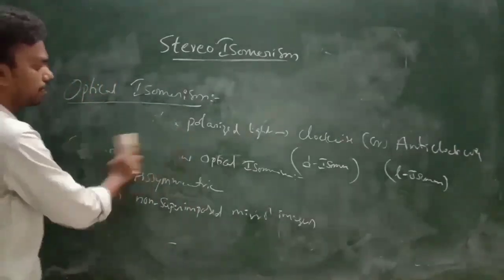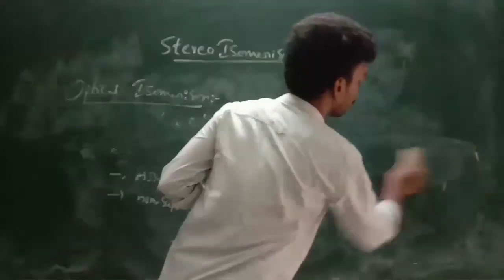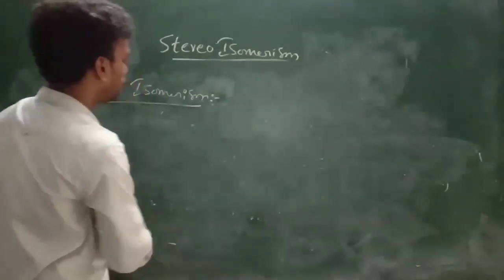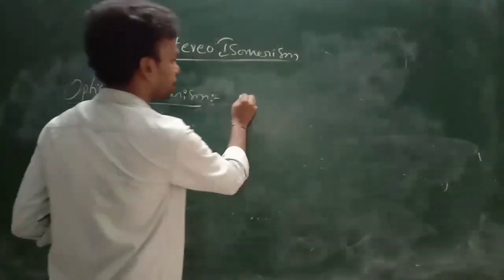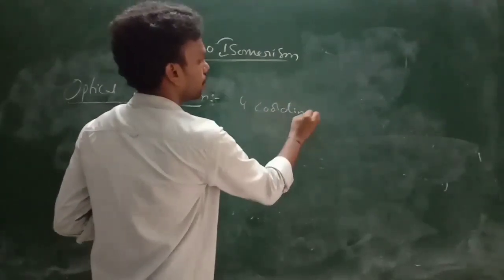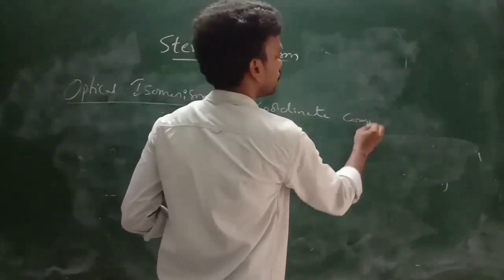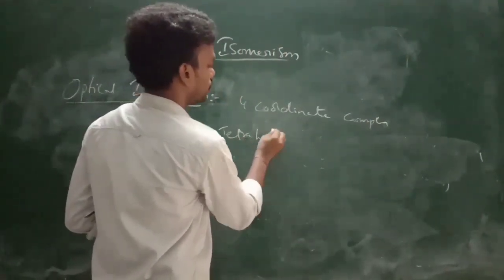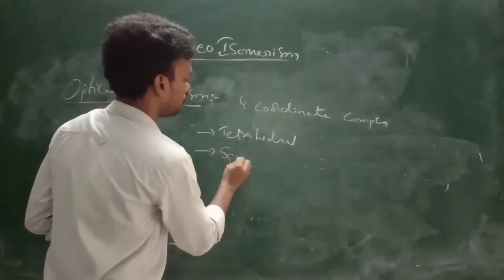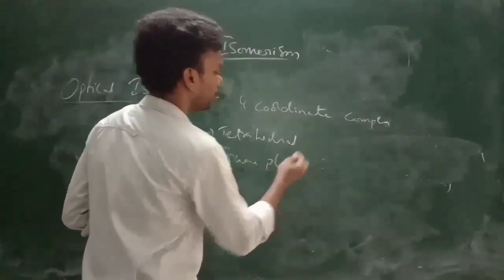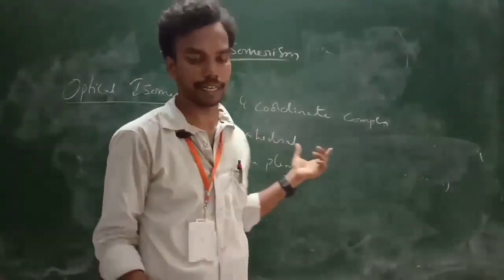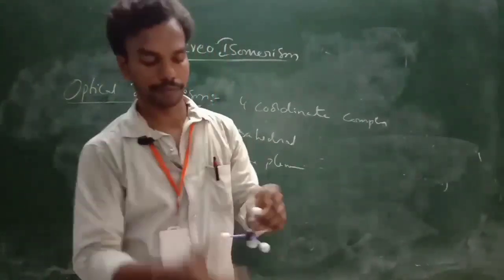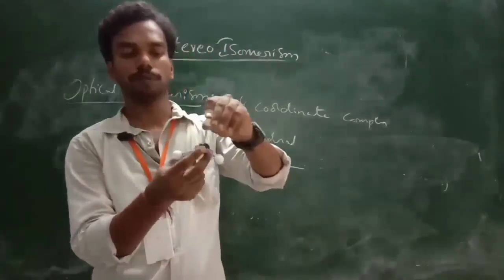So let's see different examples to show optical isomerism. First, optical isomerism in four coordinate complexes. Four coordinate complexes are of two types, tetrahedral and square planar. So, tetrahedral complexes. If you see the shape of the tetrahedron here,